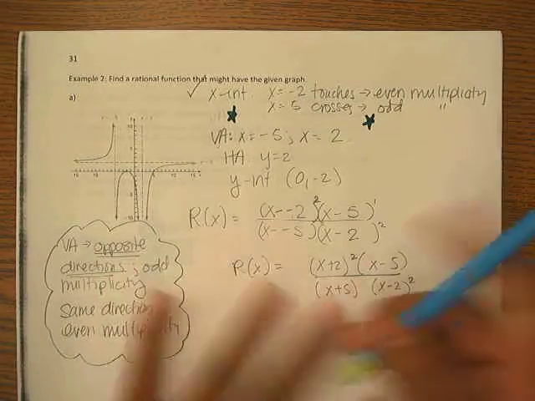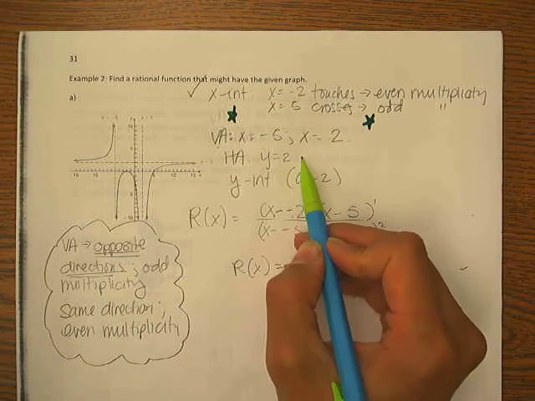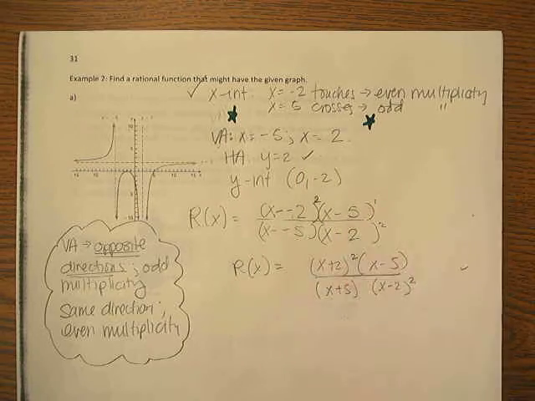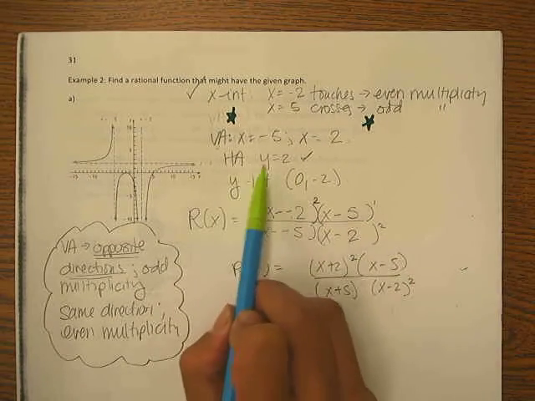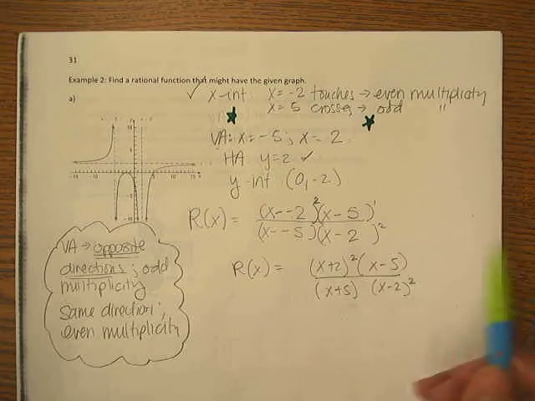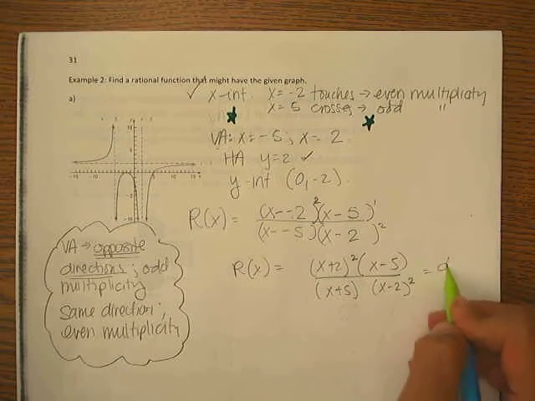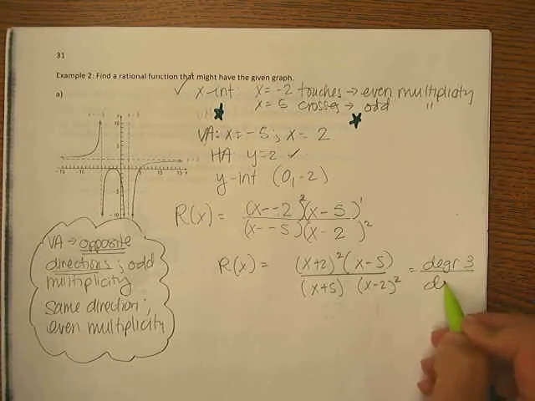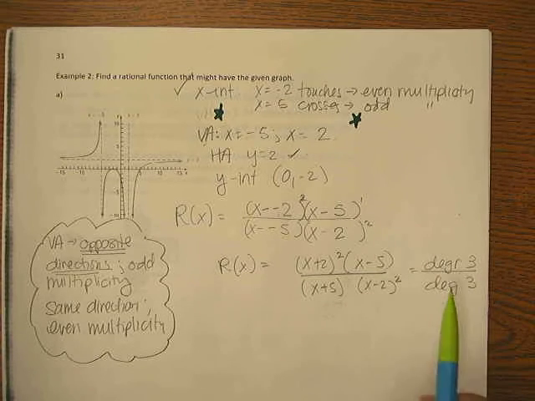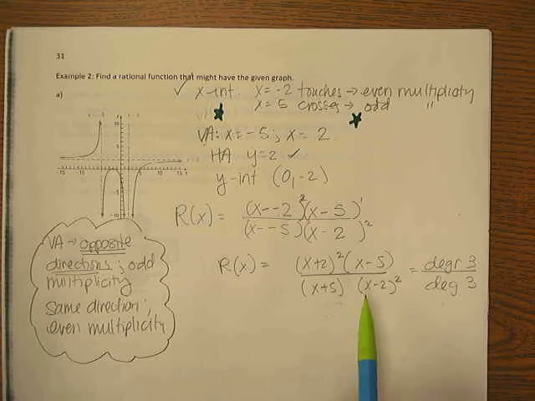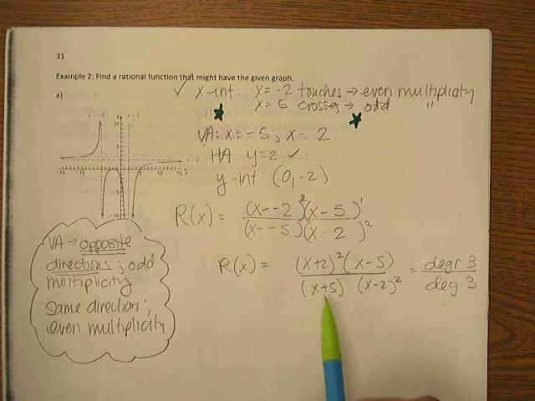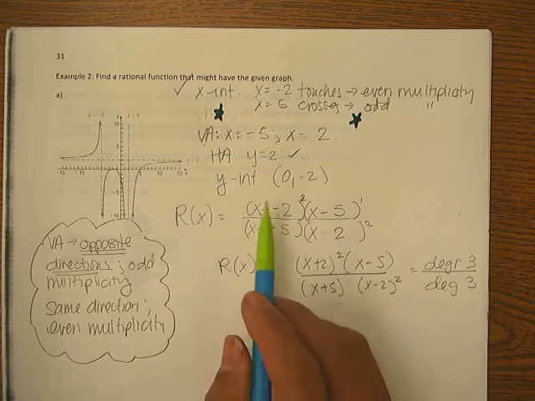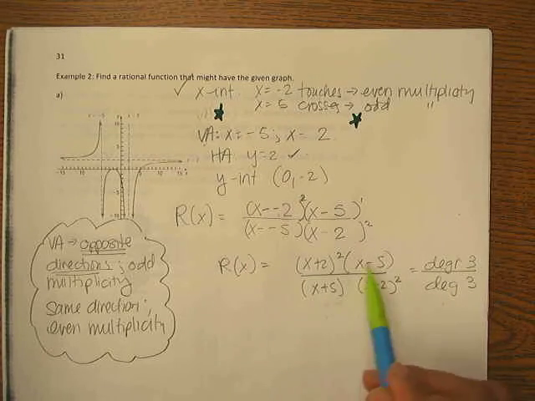And in addition, we have not done anything to address this. So we need to address both of these, the last two pieces. Well, I want an HA at 2. Currently, would you agree that this both has a degree of 3? Degree of 3 and degree of 3. So if I ask you to find the horizontal asymptote, it would be y equals 1. The only way to make it a horizontal asymptote of 2 is to give the numerator